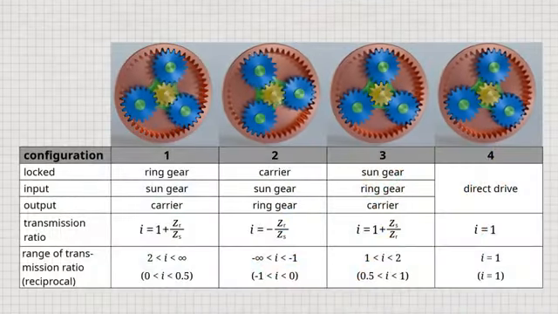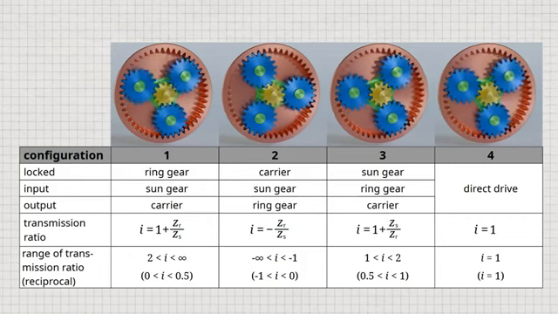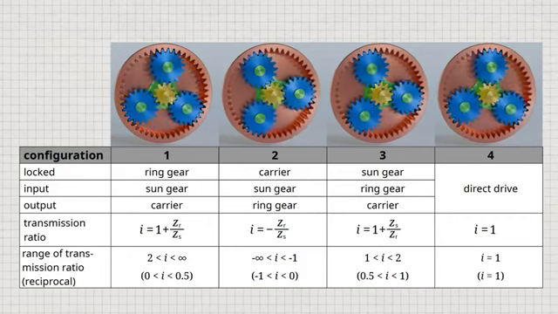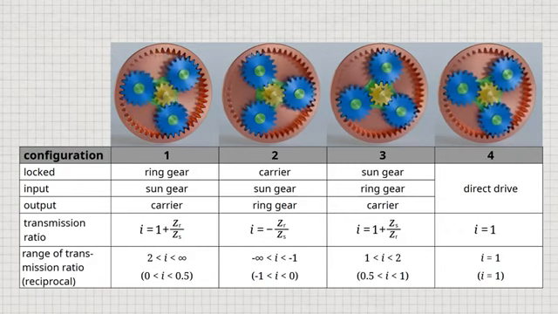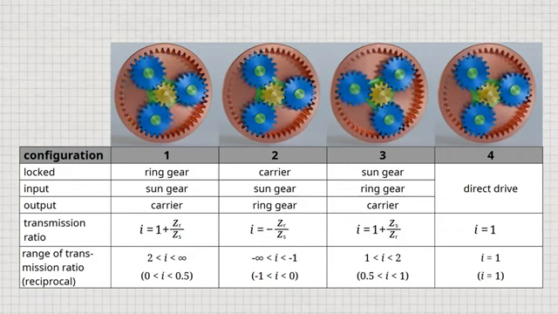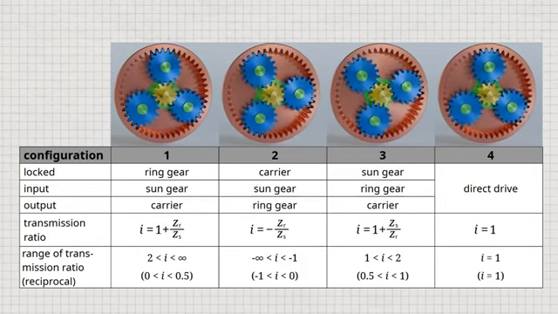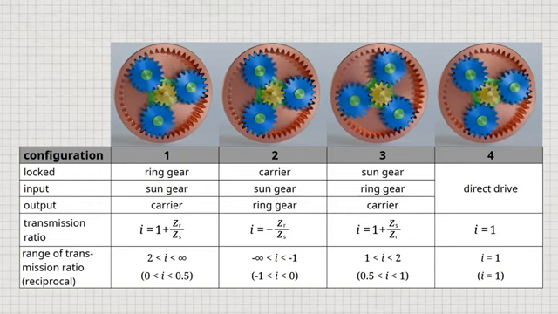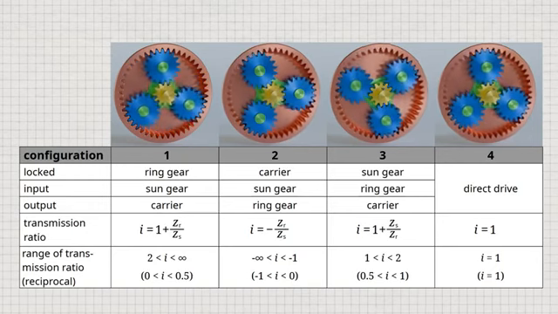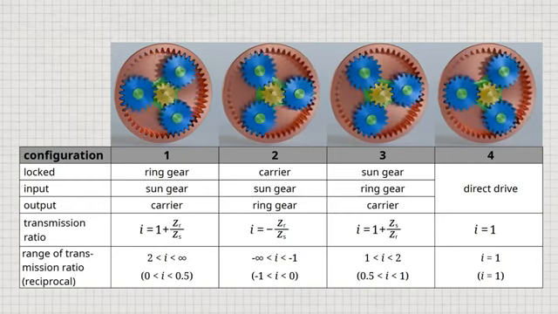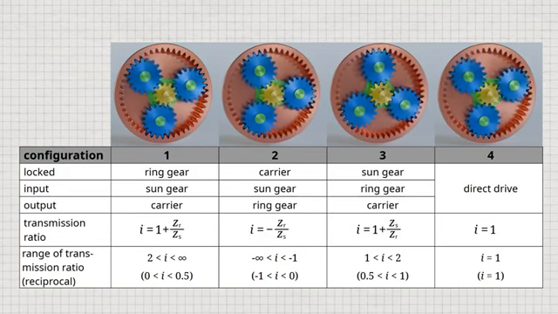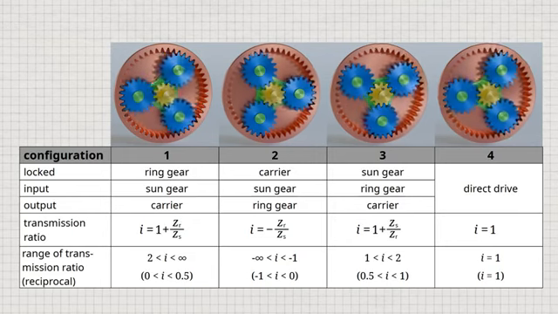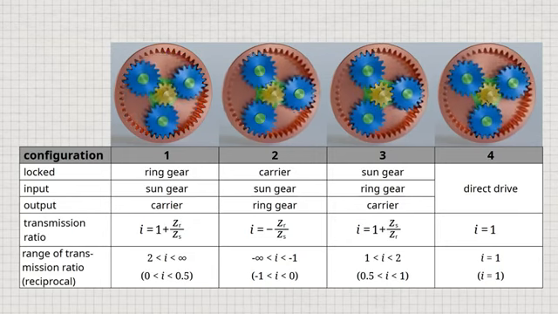The various possible gear ratios are summarized in the table. The transmission ratios with the input and output reversed are shown in brackets. Negative signs indicate a reversal of the direction of rotation. The derivation of the formulas given for determining the transmission ratios is explained in detail in another video. However, it should be noted that the number of teeth of the planet gears has no influence on the transmission ratio for any configuration. The shifting of the various transmission ratios is carried out in shiftable gearboxes by so-called clutches,